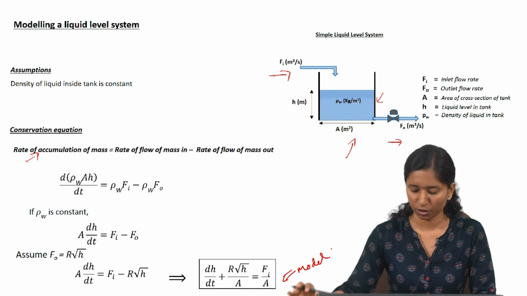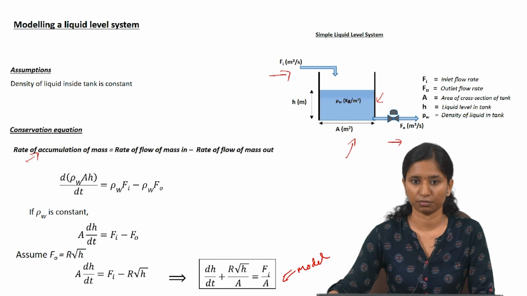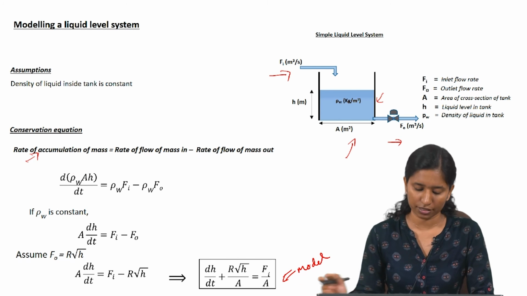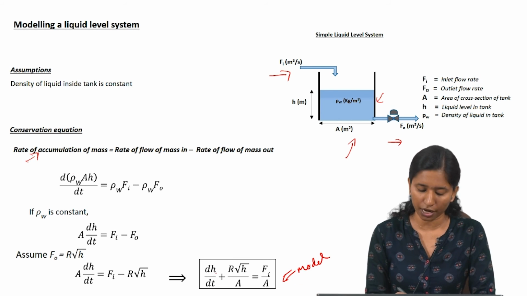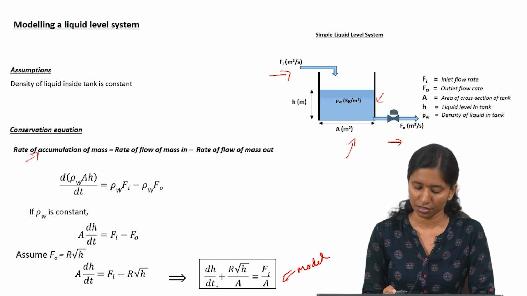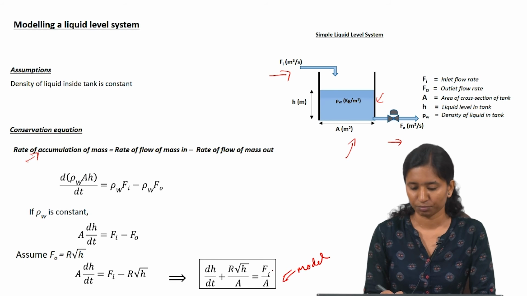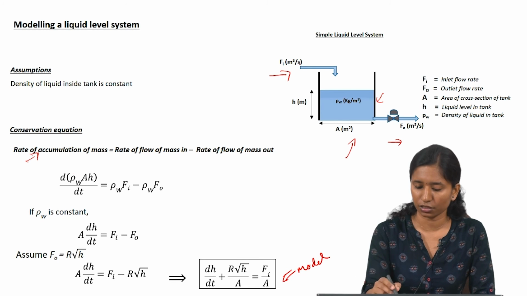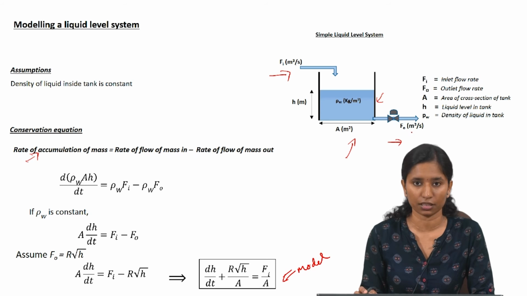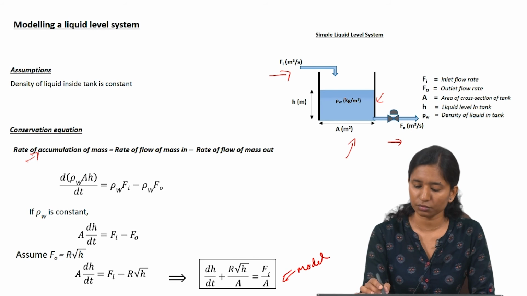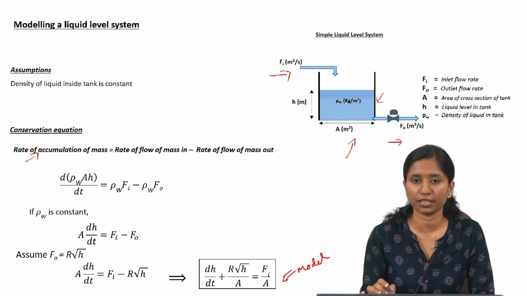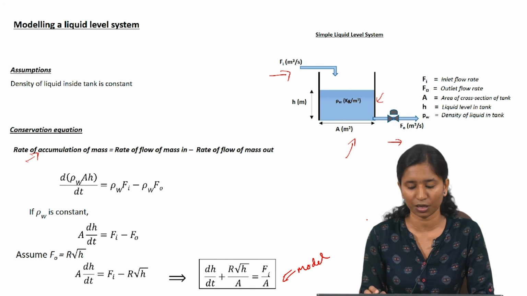This is the model that we get for the liquid level tank, which is a differential equation, and this equation describes how the height of the liquid within the tank changes with the inflow rate. So, if the inflow rate and the outflow rate are equal, then the holdup within the tank, that is the liquid level within the tank,